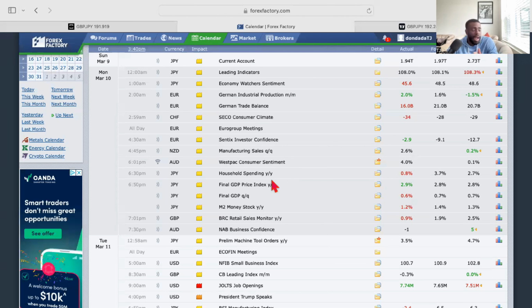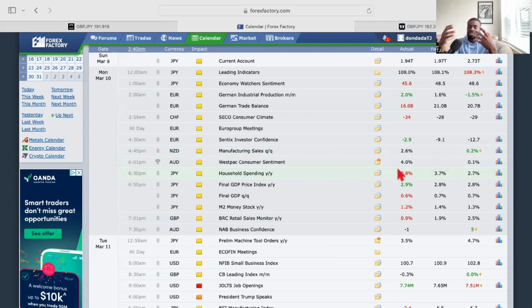What's another piece? Average household earnings, right? I like to know how consumers are actually feeling about the current economy. So household spending is a leading indicator to show whether the spending of households in the respective country has gone up or down, right? The forecast number was 3.7%, and the previous number was 2.7. So they forecasted more spending than the previous period, because this is year to year, right? But this number came out much weaker, which gives a negative sentiment,